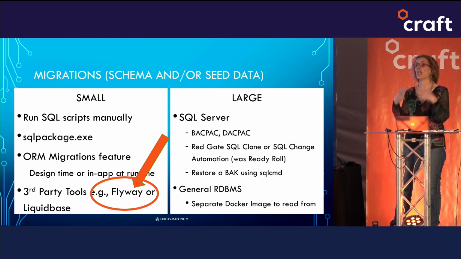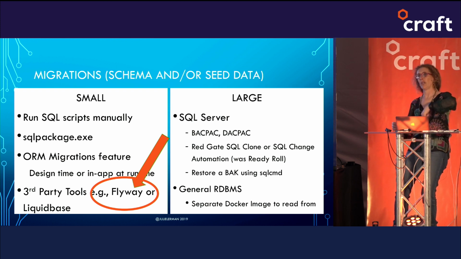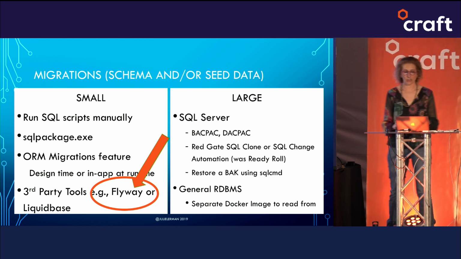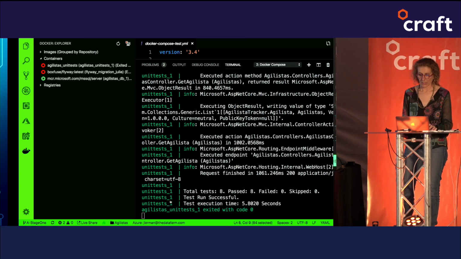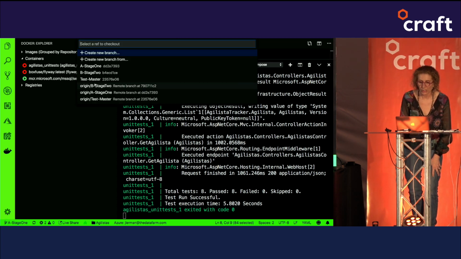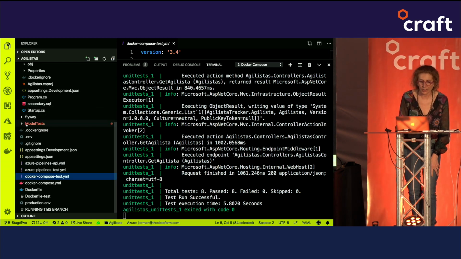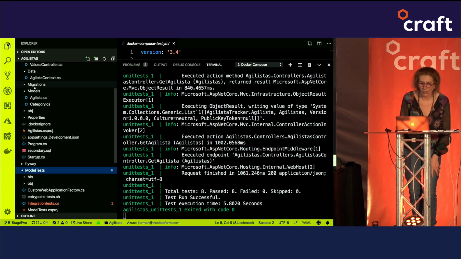You can even create another image that has this database in it and spin up that container, pull in that database, right? There's all kinds of things you can do. But I'm using this migration tool, Flyway. And I'm going to flip over to a different branch. The difference with this branch is now I've made the changes I listed that I would have to make. So for example,